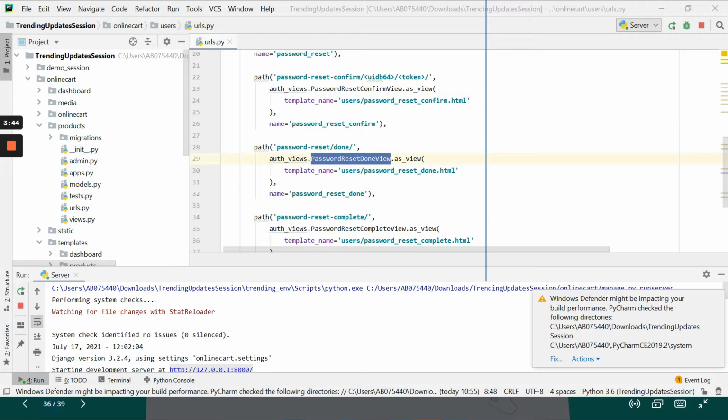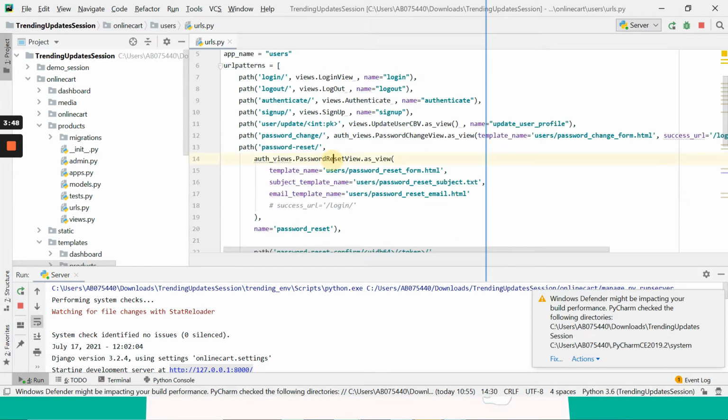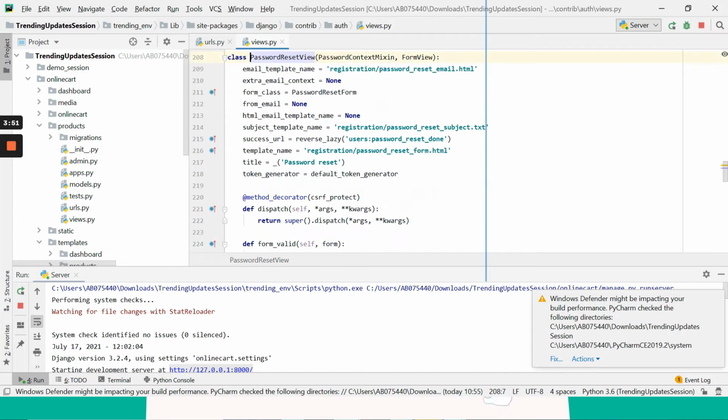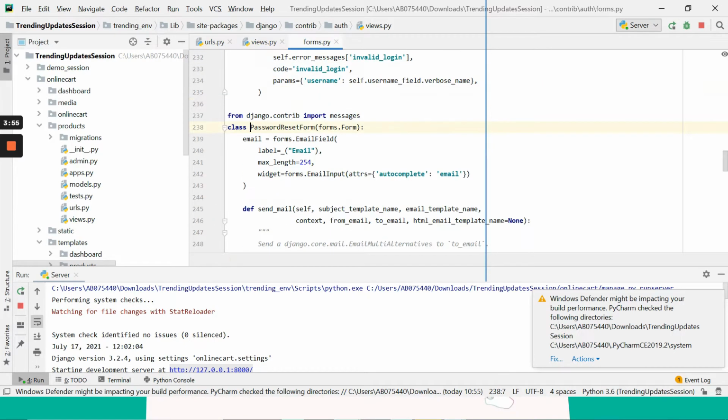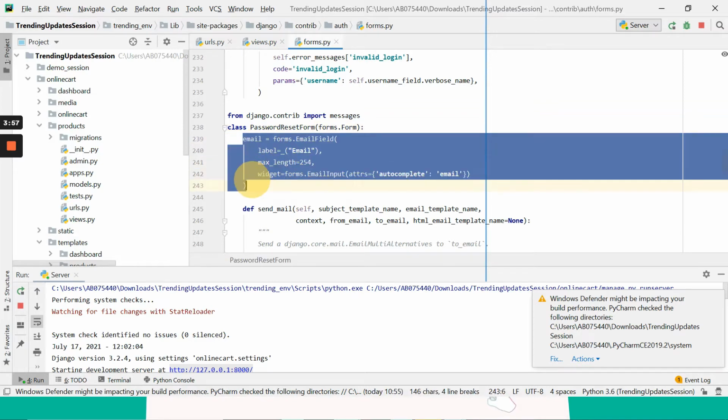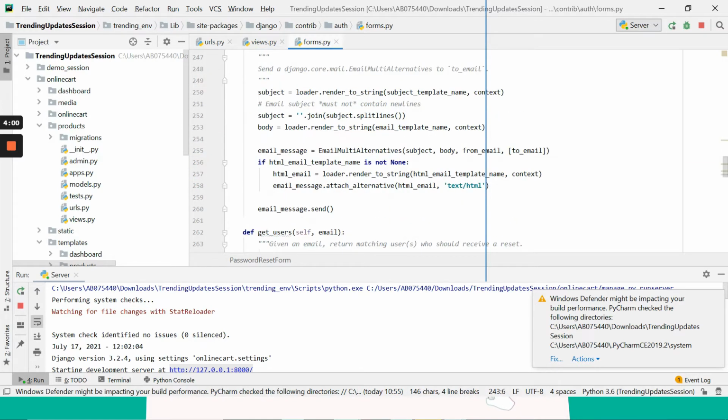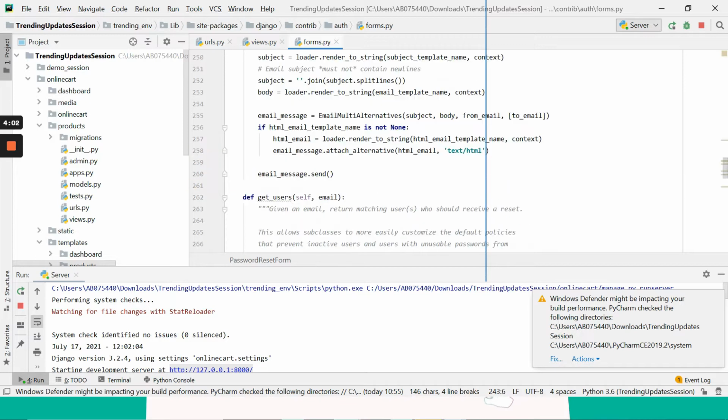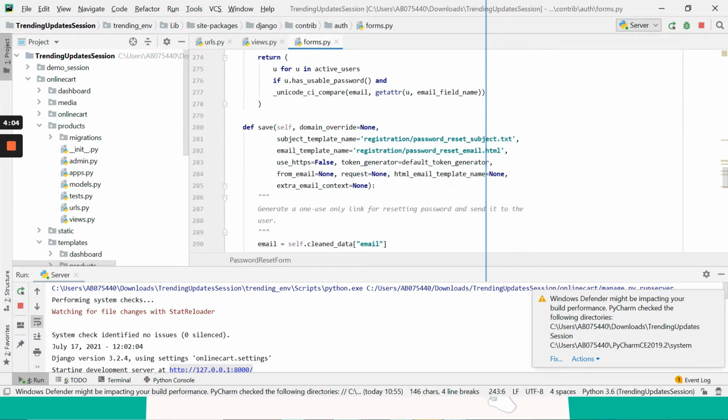So what we'll have to do is go to the password reset view, inside which you will find a password reset form. This is holding the email ID, only the email ID it is getting. In the form itself we have the save method.